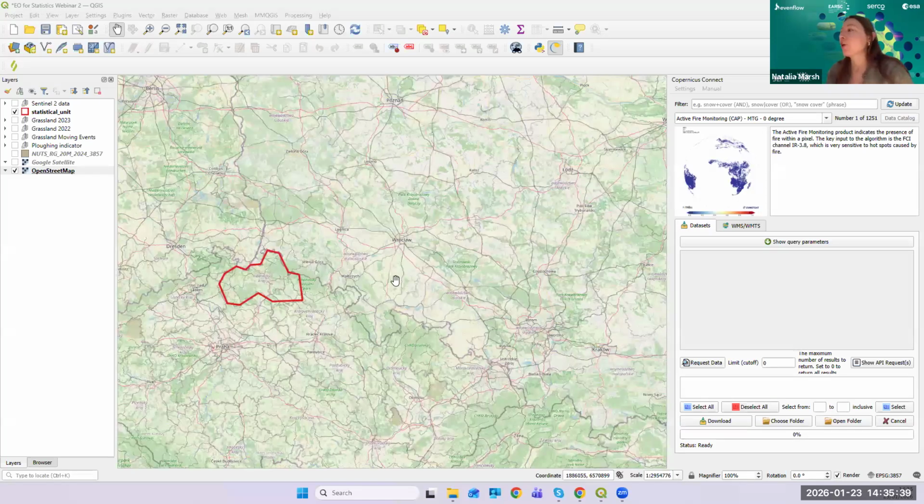Great. Okay. So before you access information via this plugin, you need to create an account. Even if you already have a Copernicus account, it won't work. You should create another type of account. And